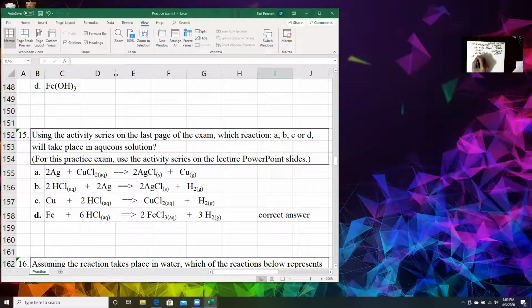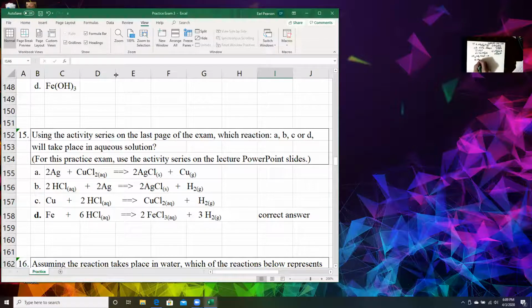The first one is 2Ag reacting with CuCl2. I'm not going to write the products right now. All it is is a single exchange reaction. Silver going in, copper coming out. That's A. For B, we've got, I'm going to write it